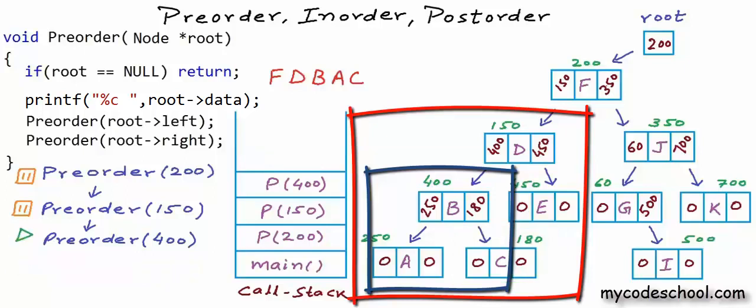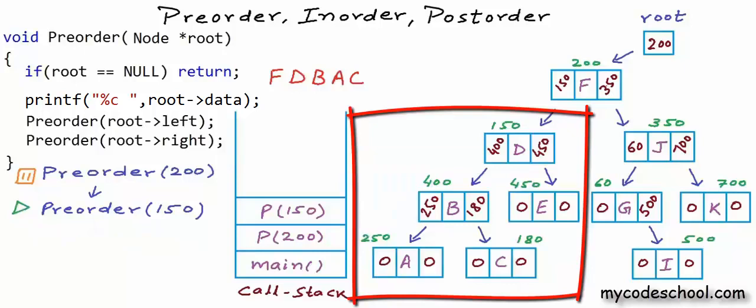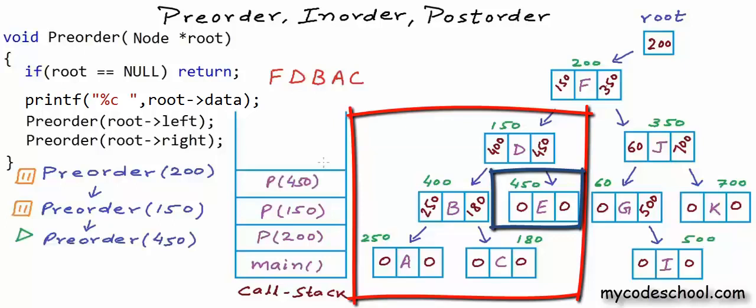Even for preorder 400, both calls have finished, so preorder 150 will resume. Now this guy will make a recursive call to the preorder function passing it address 450, address of its right child. Memory in the stack will be allocated for execution of preorder 450. Now in this call we will first print the data, and then we will make two recursive calls